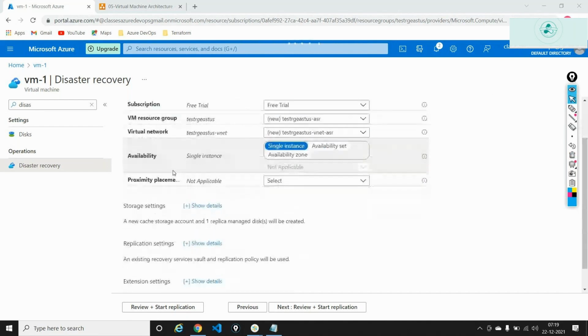Then comes something known as availability and proximity placement groups. Availability, we haven't covered it, so I'm not taking it at this point. For now, I have selected a single instance in the source region, so I'm selecting the same thing in the target region as well. These are the two things that we'll come back and cover. Tomorrow is the class when we're going to cover availability and all that stuff. After this,